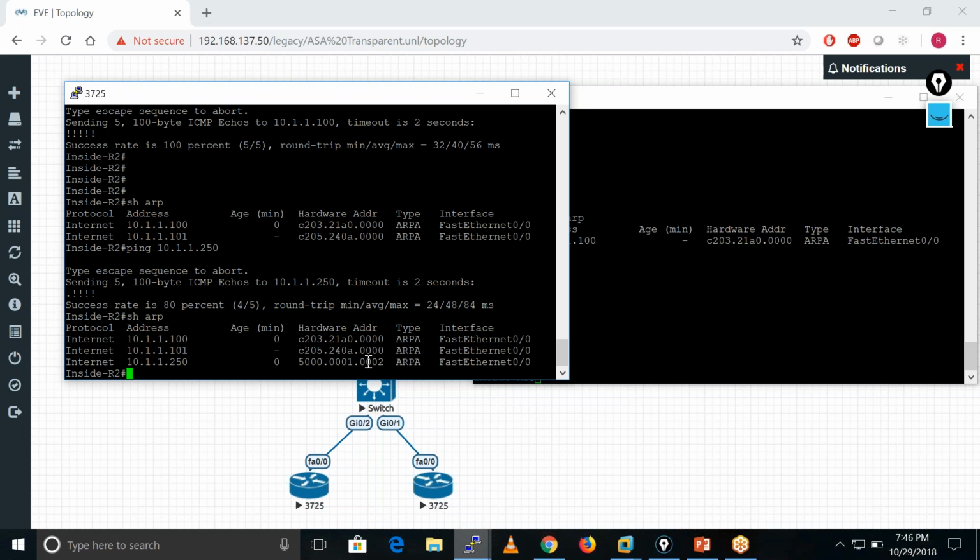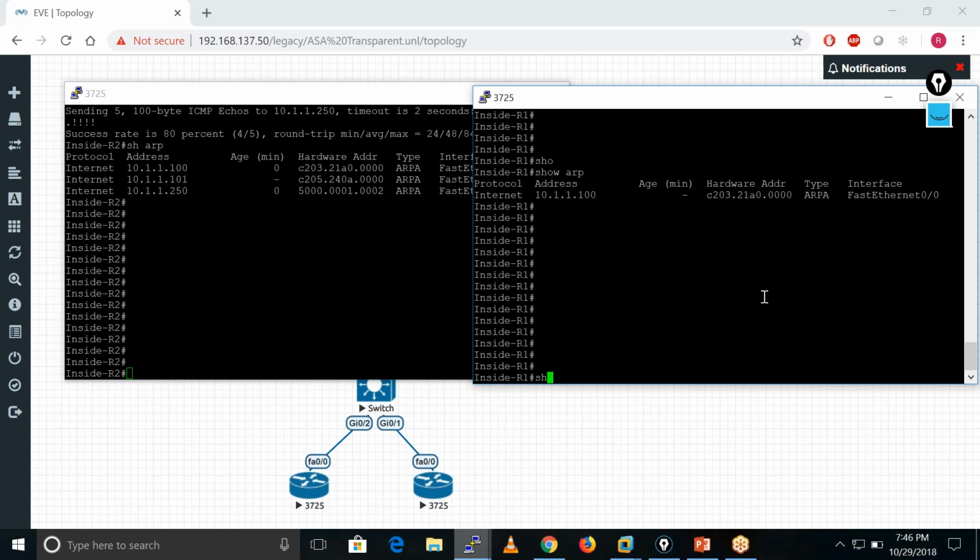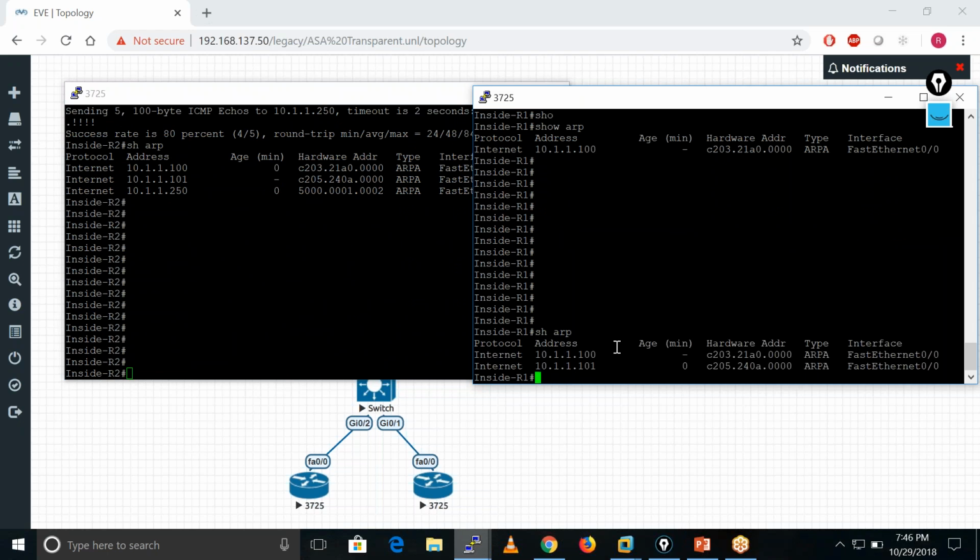So the thing is, basically ARP is used for IP to MAC resolution, IP address to MAC address resolution, for layer 2 communication. Okay. If you see this guy, this guy has the ARP entry of this guy, because when this R2 tries to ping this R1, R1 also needs to send the reply, right? He got the request, now he just sends the reply. So when he sends any reply, he also needs to resolve the ARP.